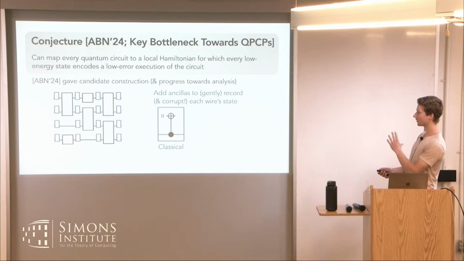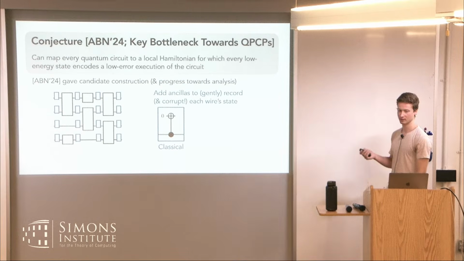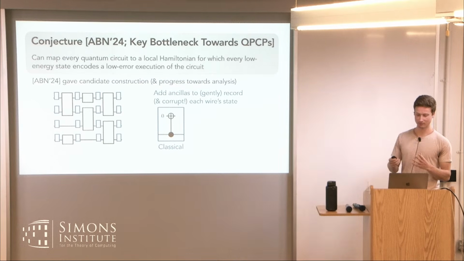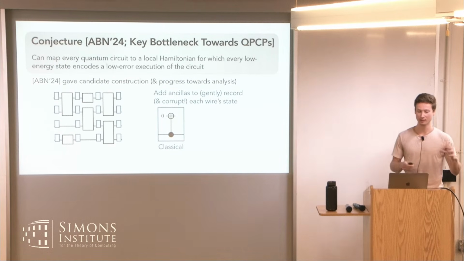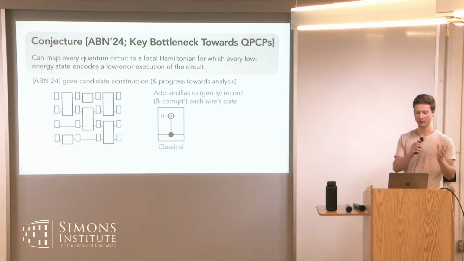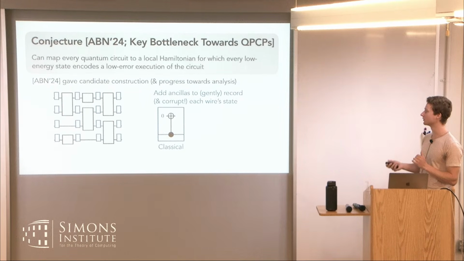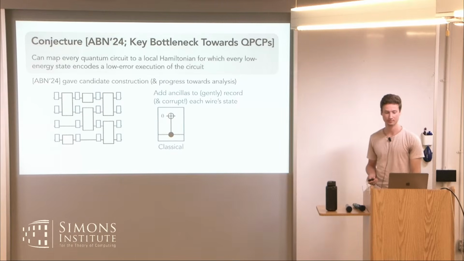If we think about the classical analog for a second, classically we just do a CNOT gate into a fresh ancilla initialized to 0. So we're literally copying the bit in the wire into our ancilla system. This is very similar to what we did in the classical setting to compile a circuit into a PCP. We had this step where we write down the transcript of the execution of the circuit. And that's literally what this is doing. We're just writing down the value of every wire at every time step.